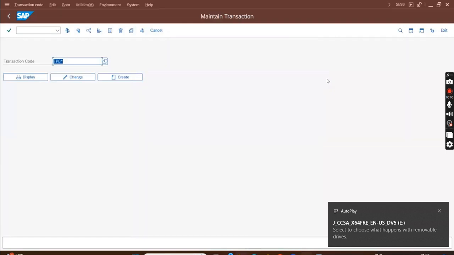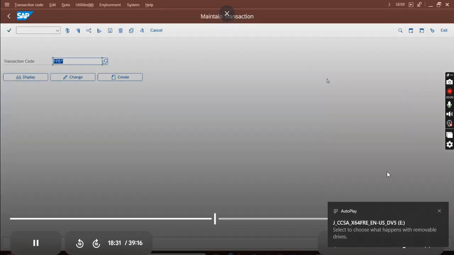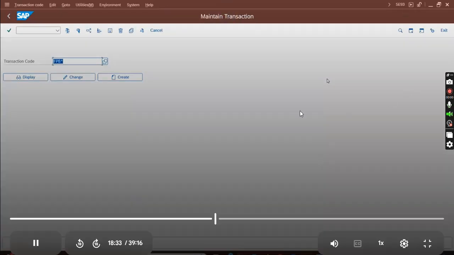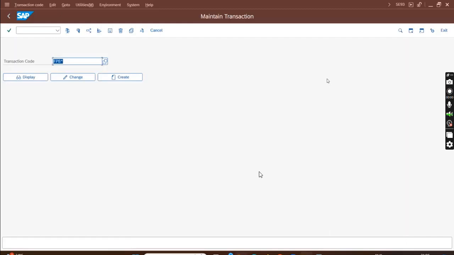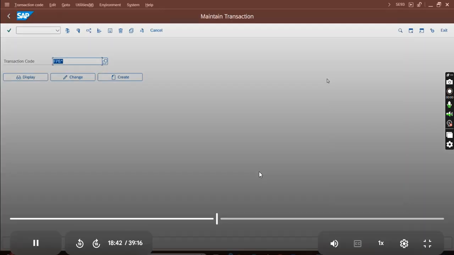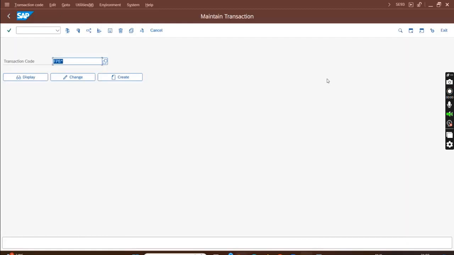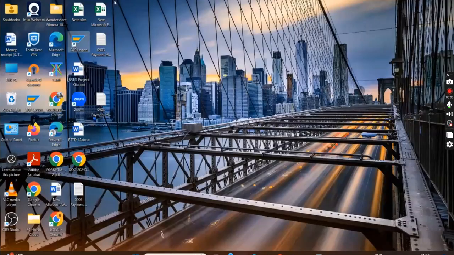Okay, this is done. Next, we are going to talk about batch processing, so batch scheduling basically. Batch scheduling means in FICA, a lot of transactions will be posted via batches. In FICA, mostly we have a lot of batches, I mean a lot of mass jobs. So, for example,